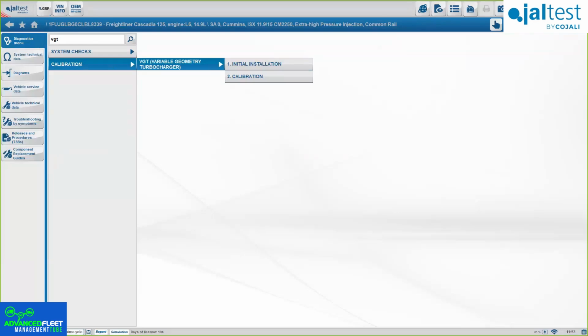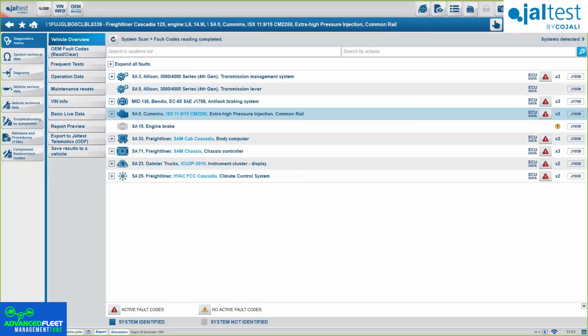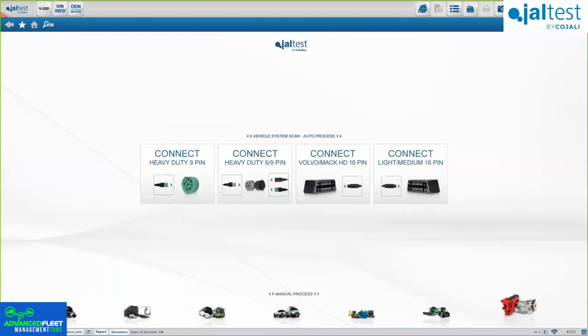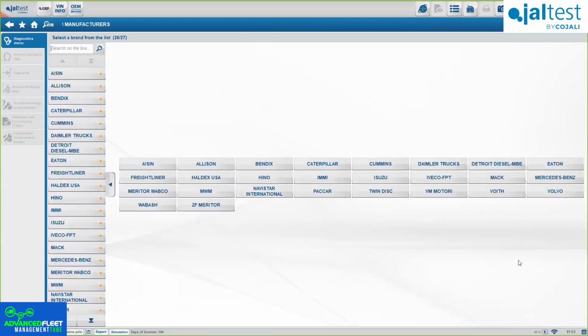Let me show you. Well, you were asking about the EGR activation before. Give me 1 second. Let me see if I can find it. It should be through here.